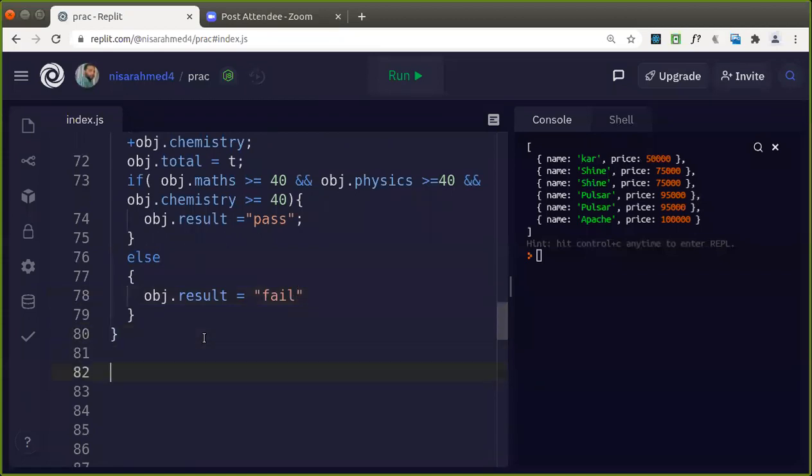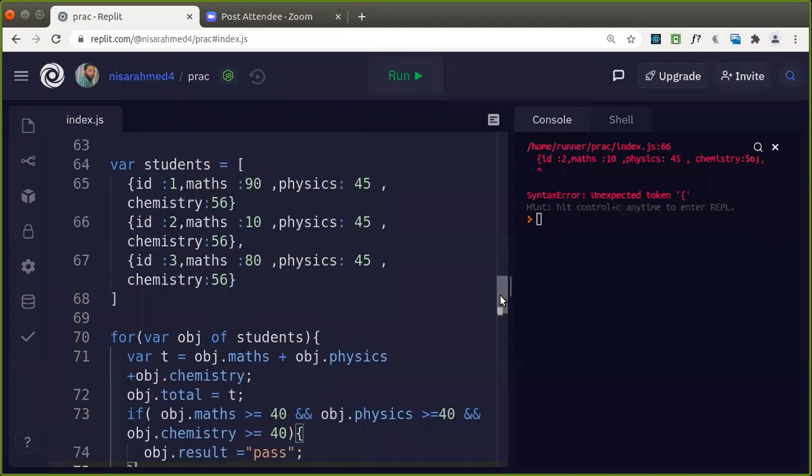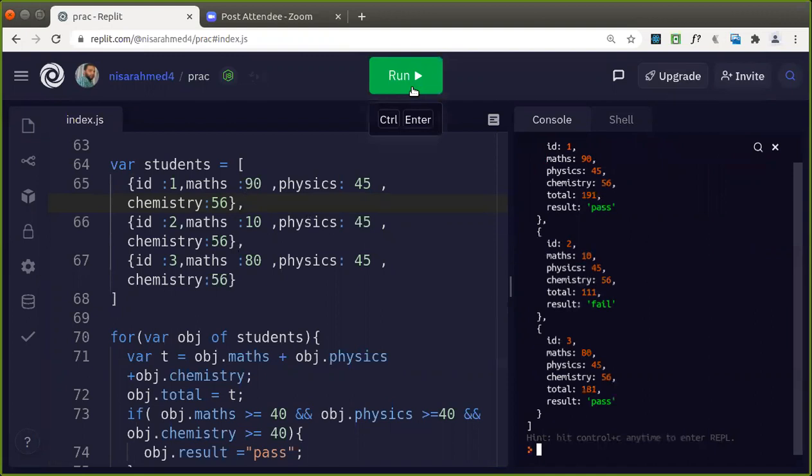Now let's check here. Just console.log of students. We did not close the brackets. Yeah, after this we did not give the comma, guys. Yeah, after every object.